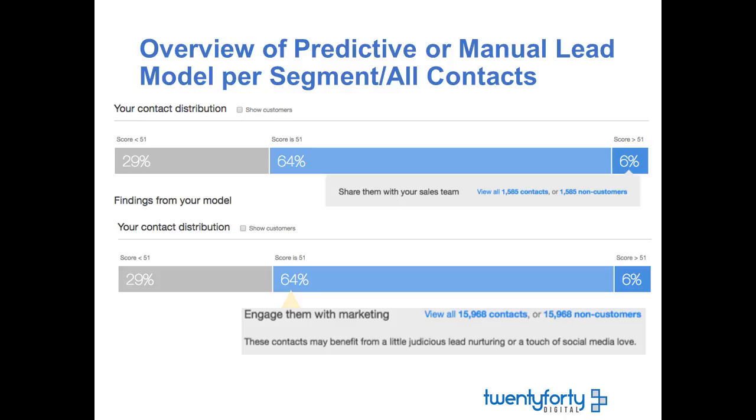All right. So the models roll up and report a score. This is showing how a predictive model works. Very easy recommendations. This is showing your contact distribution within a certain segment. It has an overall score, which was a total of 51. And it's showing you here that 6% of your contacts are ones that you should be sharing with your sales team. The middle, 64%, is making a recommendation based on a model for you that you should be engaging them with some marketing